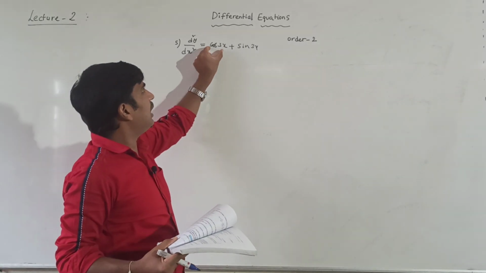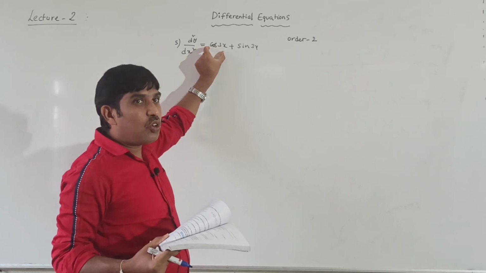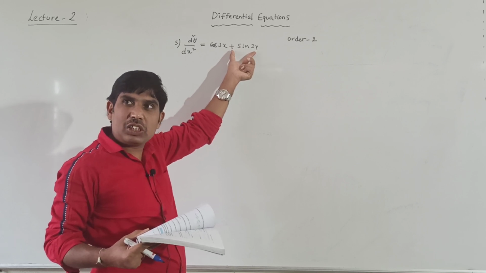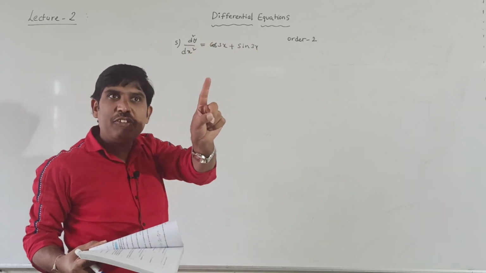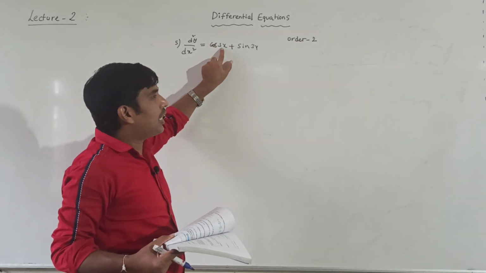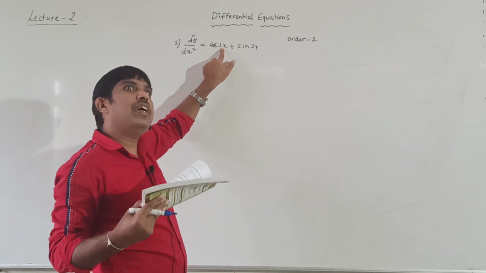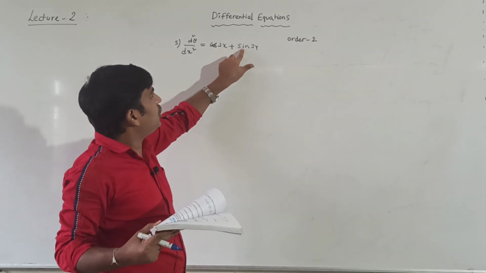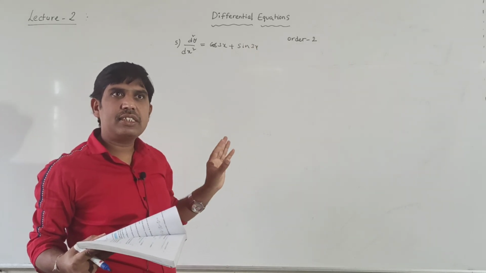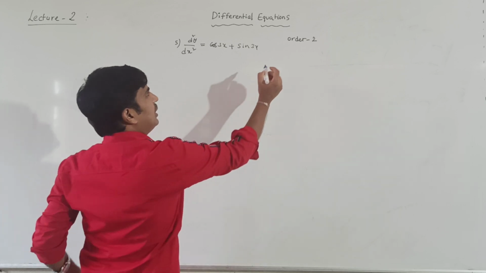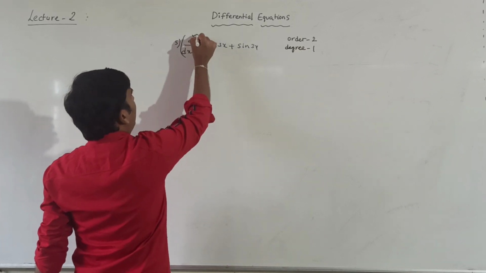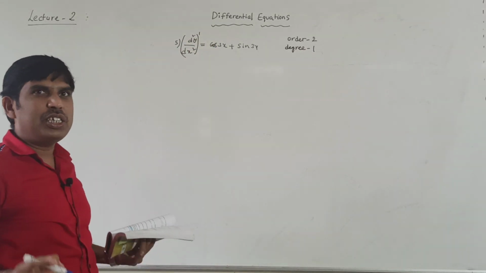Next, is this differential equation containing a transcendental function including derivatives? No, it is a transcendental function but it does not include a derivative. Understood? Hence, degree is defined. For a transcendental function containing derivatives we have to verify, but here the transcendental function, cos 3x plus sin 3x, does not contain derivatives, hence degree is defined. What is the degree of this differential equation? Nothing but 1. Why? Because the highest order derivative's index is how much?